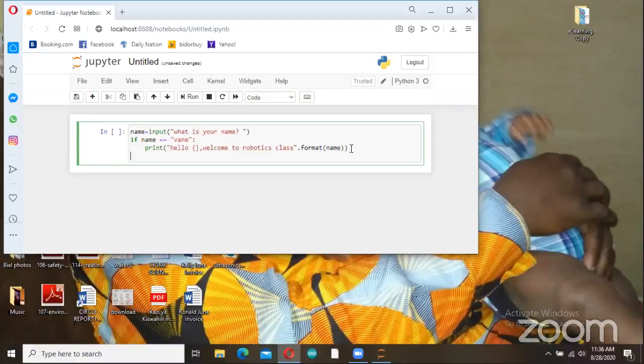So now there we are going to insert the else keyword. After else, we have the colon coming after it, and then a new line again, and then we're going to have the print function, print the brackets,